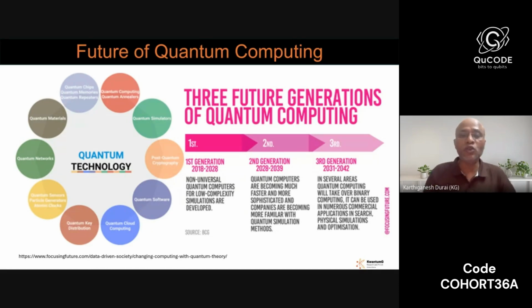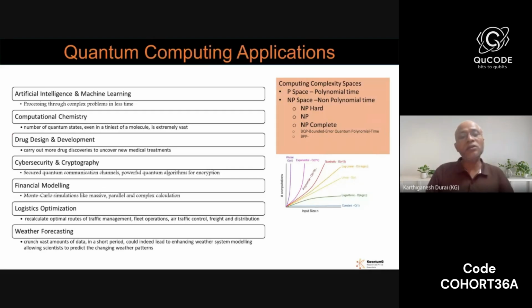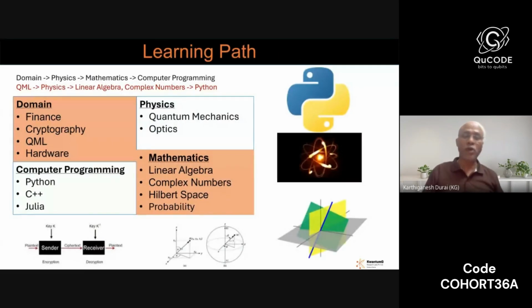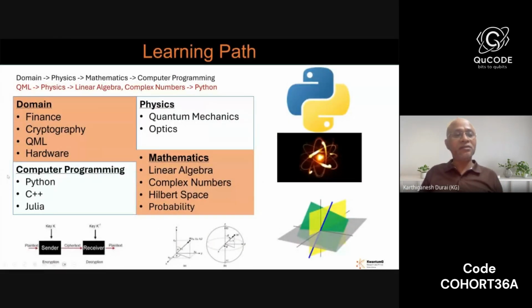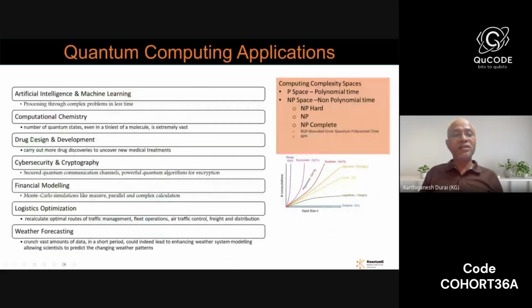Now it is my duty to explain what those problems are, because we understood the learning path and we are convinced that quantum computing is a great future. But what are the problems? Because I mentioned the domain, right? In the domain, you have to understand what the actual applications are where we are using quantum computing. Because the challenge in a quantum computing career is not the solution, it is about understanding the problem for which you are building a solution.